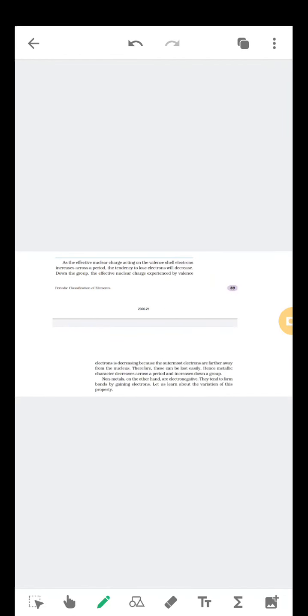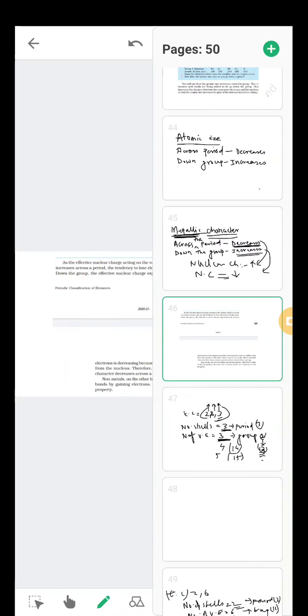So why it happens is given in your textbook. So these are the things you need to write when it is asked, okay. So we will also study a concept of valency today. Okay, what is valency? In the last year we had seen valency is nothing but the combining power of an element, okay. Now in this class it is just modified, okay.